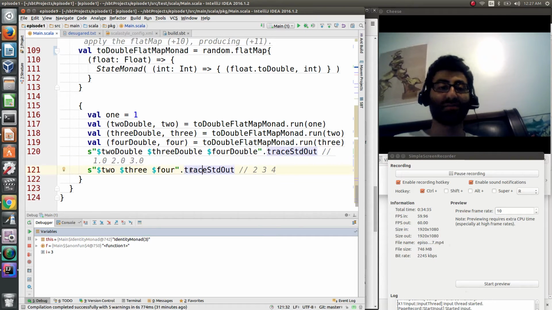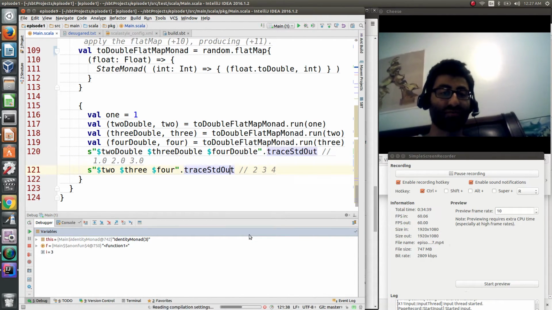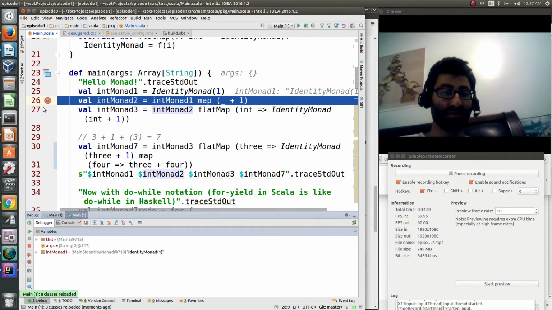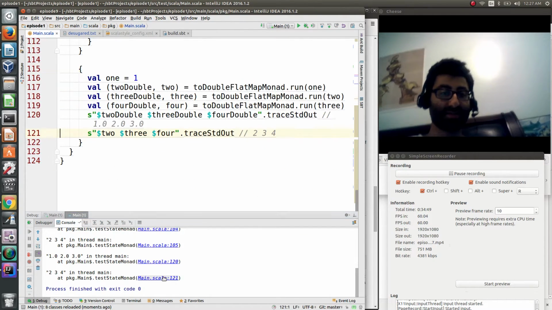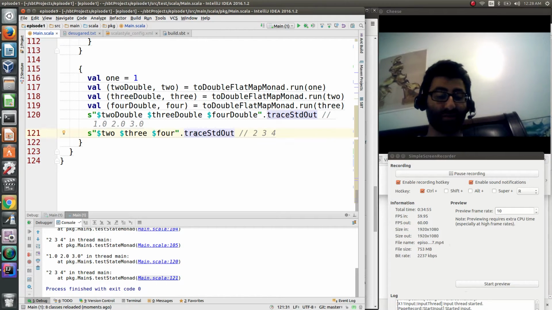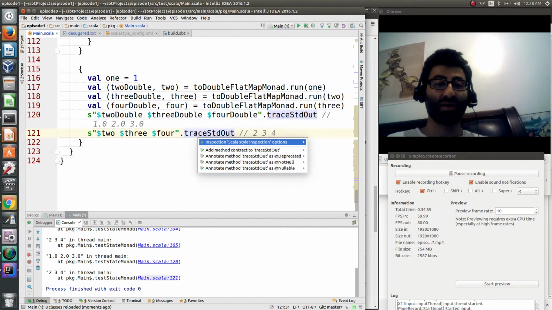You'll notice these little dot trace standard outs. If you were to run this without the debugger, you would actually get these nice clickable stack traces, 2, 3, 4. This is provided by an implicit conversion. If you press Alt-Enter, we can